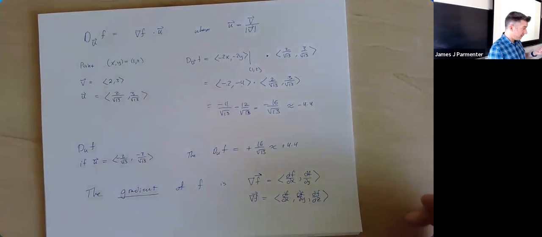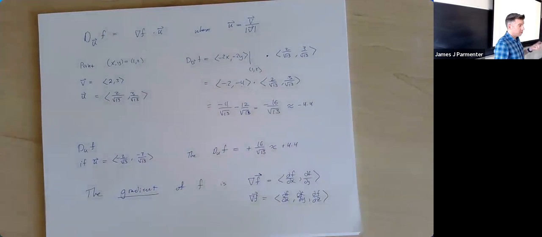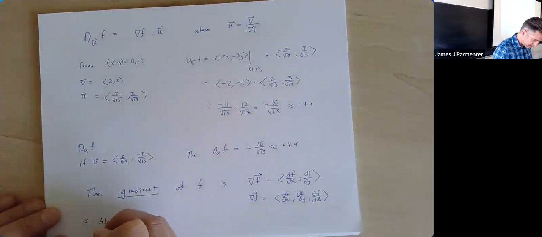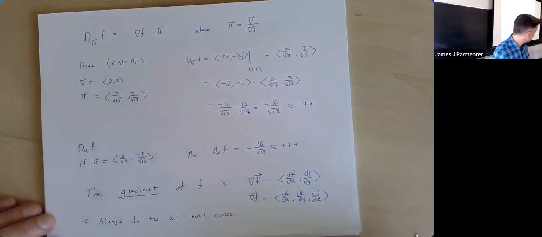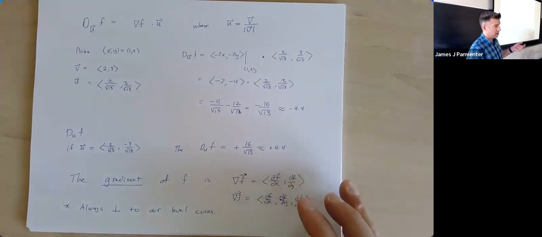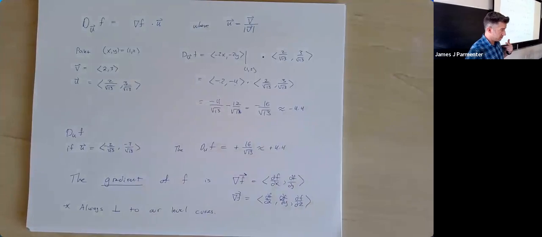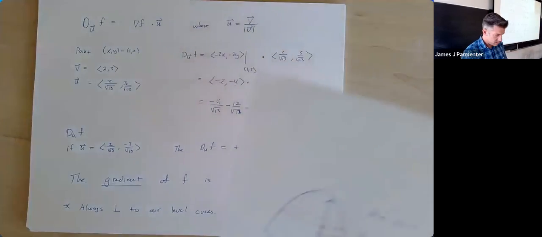But it definitely is a vector. And importantly, it is always perpendicular to our level curve. That's what I want to say. So what I want to point out about this example we just did is that the gradient here,